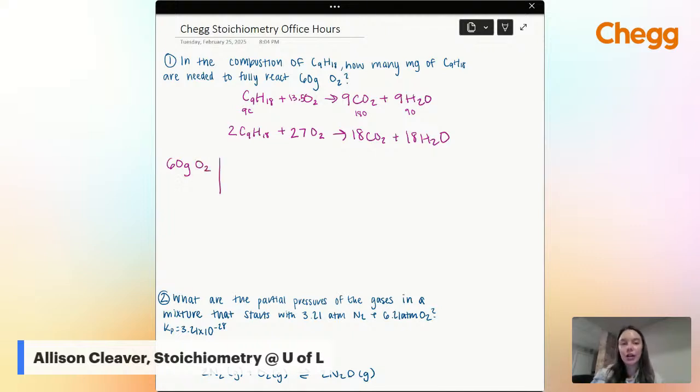And then I want to go from grams of oxygen to milligrams of C9H18. So the way that we do that is through a molar conversion. I'm going to give y'all about 10 seconds to think about or write out, if you know, that thought process of how we're going to get from the grams of oxygen to the milligrams of C9H18 using that molar conversion. If anybody knows, type it in the chat so that you can lock in your answer